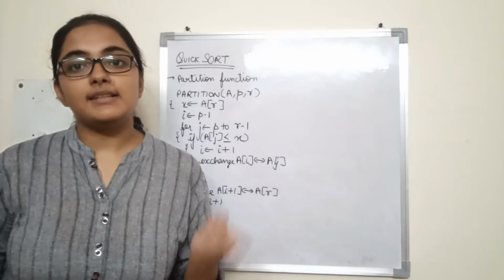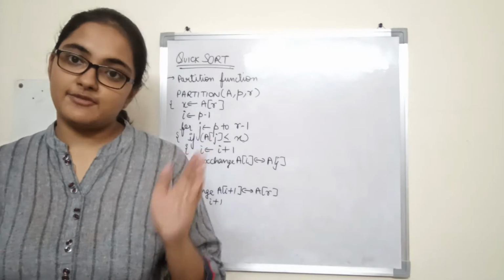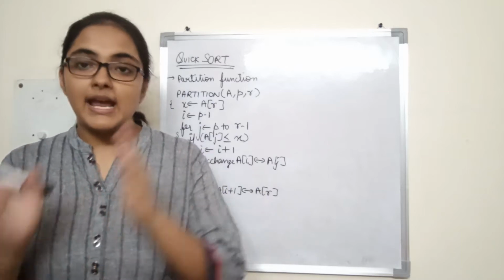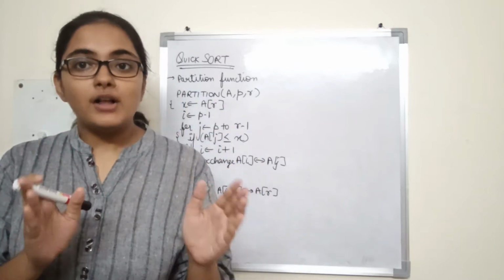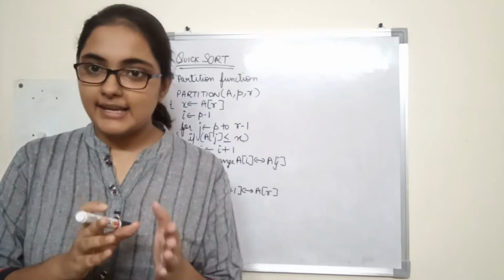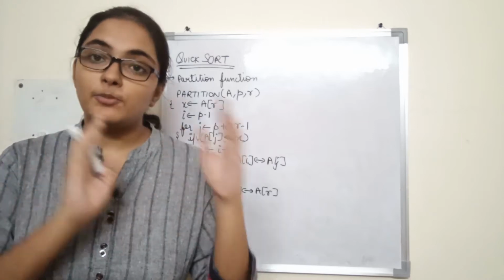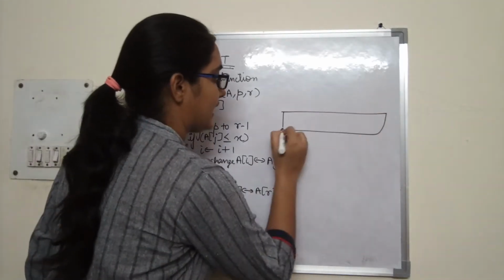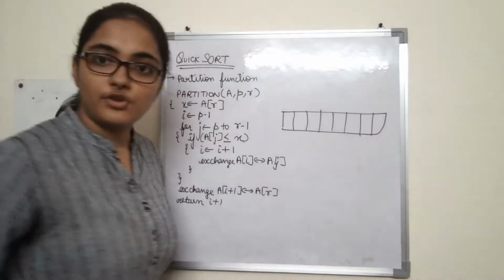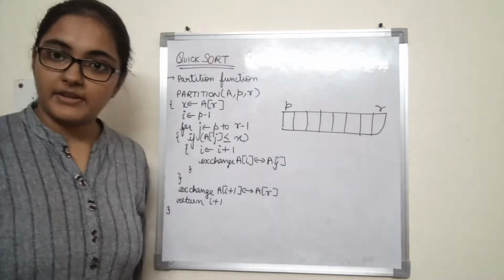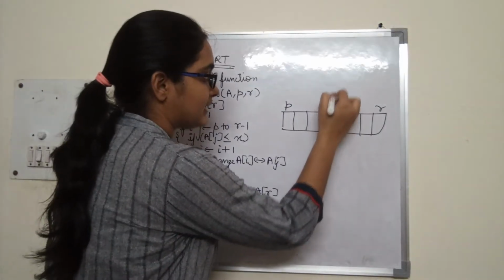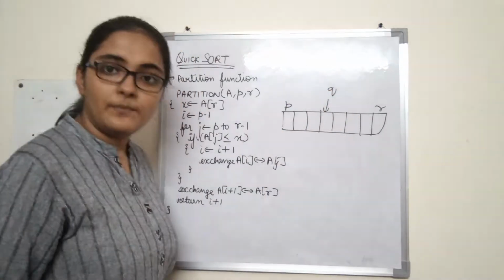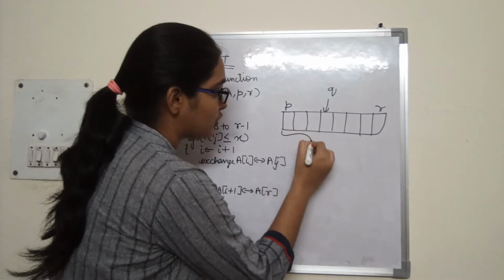Let us assume that the array A which we want to sort has indices from P to R. We divide the array A into 2 parts, from P to Q minus 1 and from Q plus 1 to R, such that all the elements from P to Q minus 1 are less than A of Q, and all the elements from Q plus 1 to R are greater than A of Q. What I mean to say is, if there is an array A that we have to sort from indices P to R, we have to find an index Q in the array such that from P to Q minus 1,